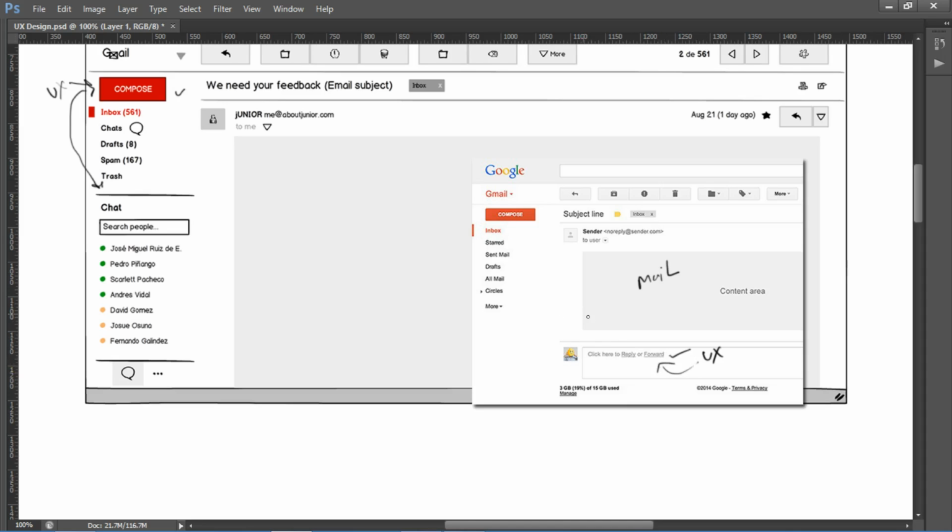There are many other examples. So the UX designer has to consider the user first, right? So thinking of what the user wants, where he can find it easily, what button should I place, where should I place it, what color should I use. So these are the things a user experience designer has to consider.